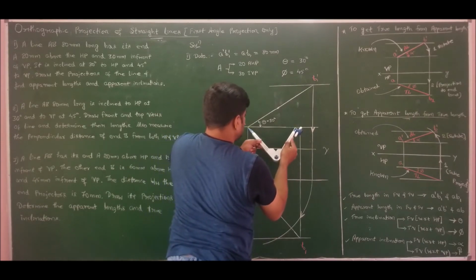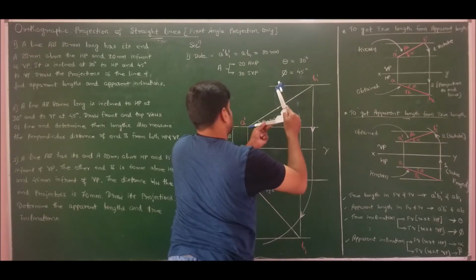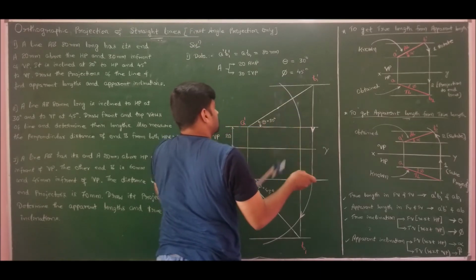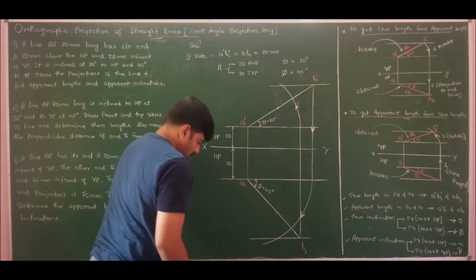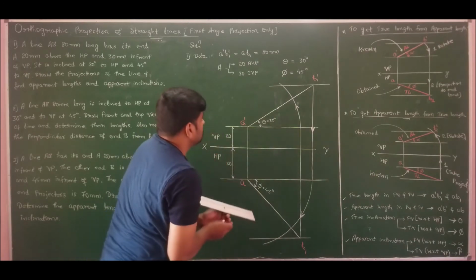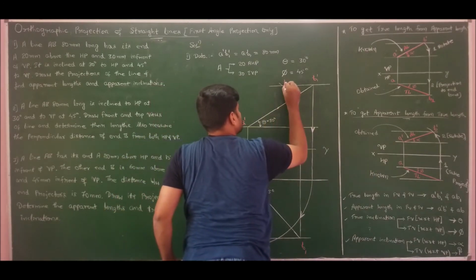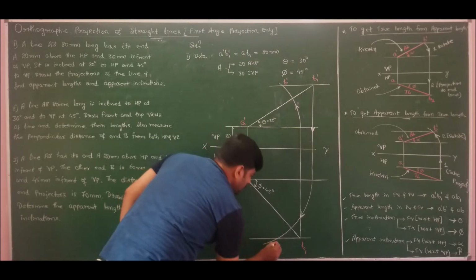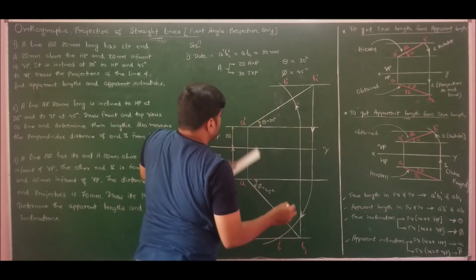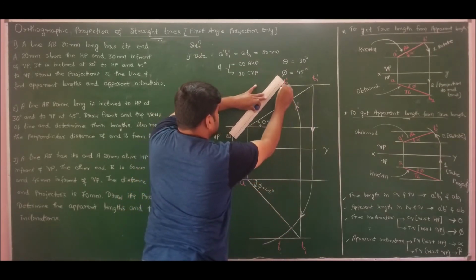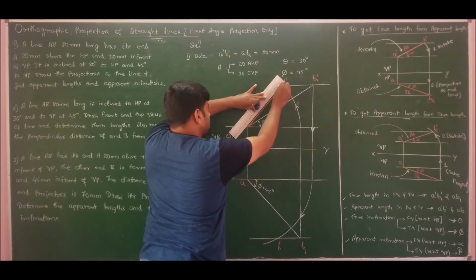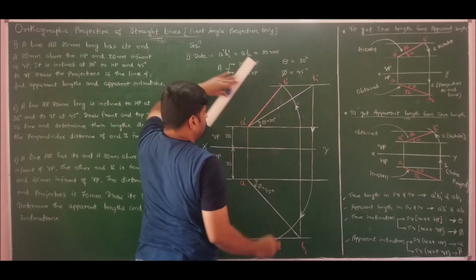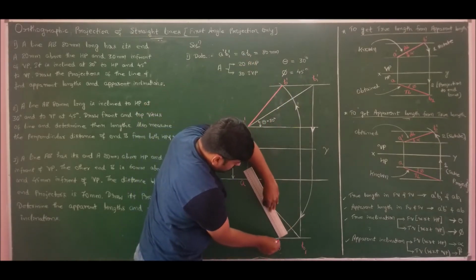So I have fixed A dash from the projection, I am maintaining the same length and I am rotating. Thereby I obtain end B dash. Here we have end B. Join these two by dark lines, because apparent lines are visible for us whenever a line is inclined to both the planes. So therefore make the apparent dimension dark.